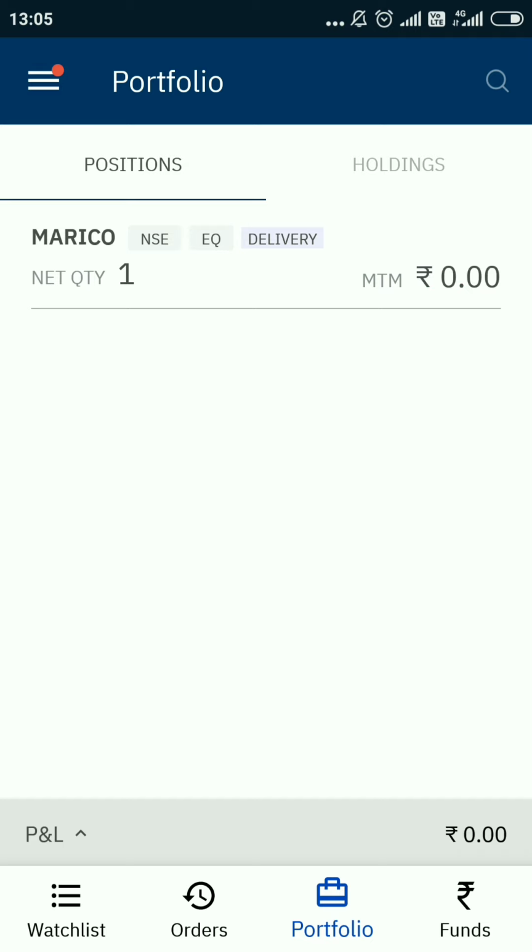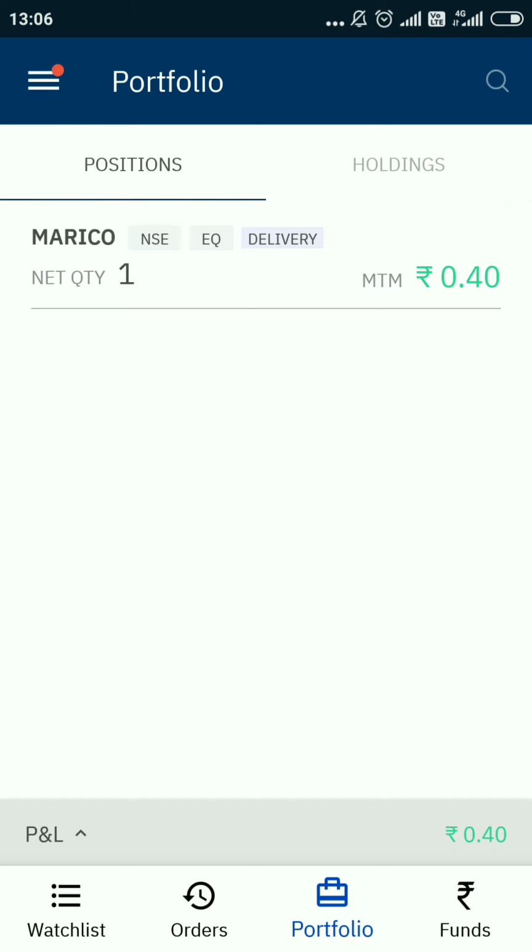positions. So what will happen is, this is your trading account. Now this share of Marico of one quantity will get transferred to your holdings section tomorrow, that is after midnight. But this share will be transferred to your demat account after 2 days, that is the T+2 settlement cycle. One concept is T+2, you should know that. And if you do not know what is T+2, why it takes 2 days to get your share transferred to your demat account, you must know what is the T+2 cycle.